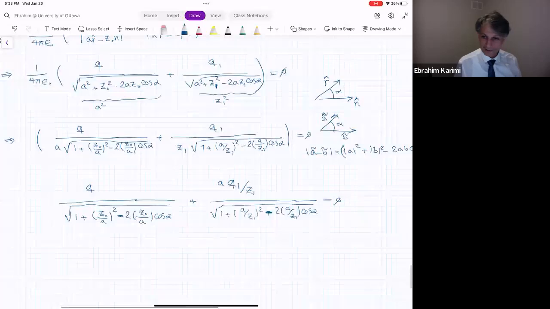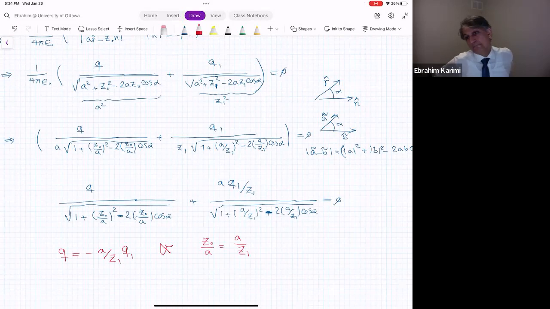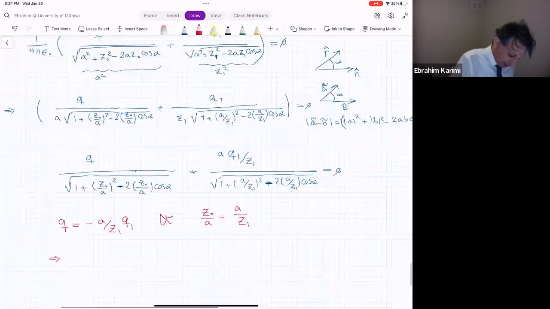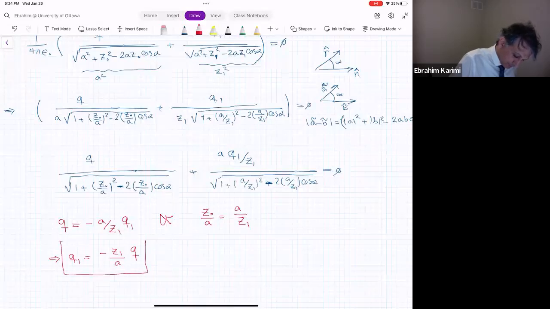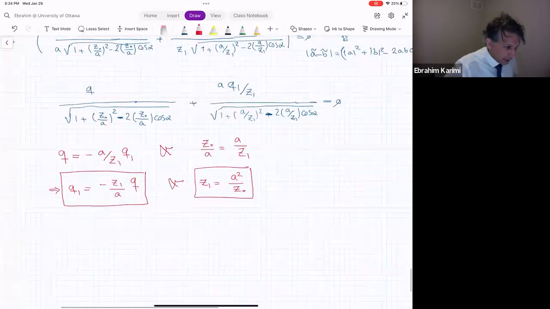I will do this trick. This can be equal to 0 as soon as Q is equal to minus A divided by Z1 times Q1, and at the same time Z0 divided by A is equal to A divided by Z1. Do you agree? So here I find out that Q1 is equal to minus Z1 divided by A times Q, and Z1 is equal to A squared divided by Z0. Agreed? I will conclude it in 1 minute, and then